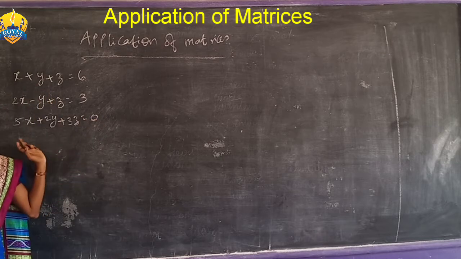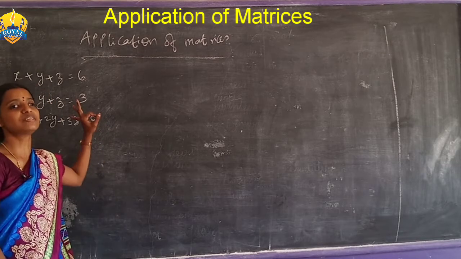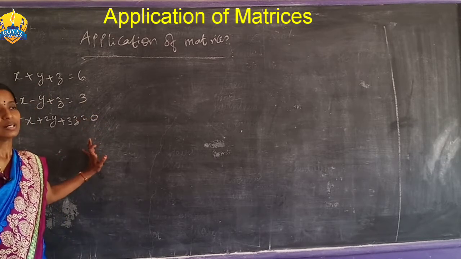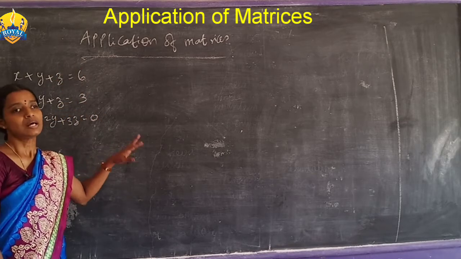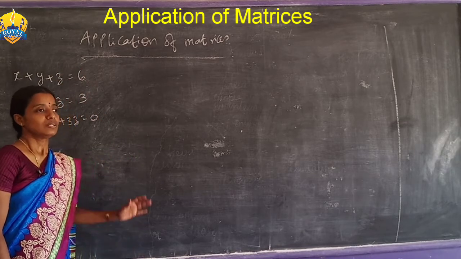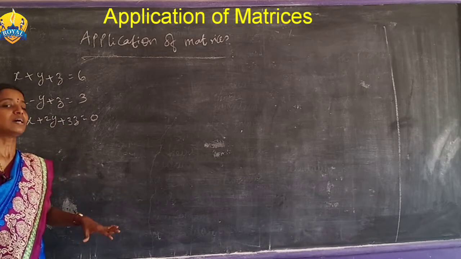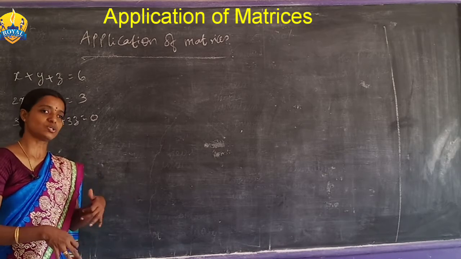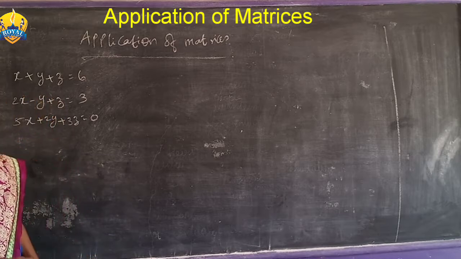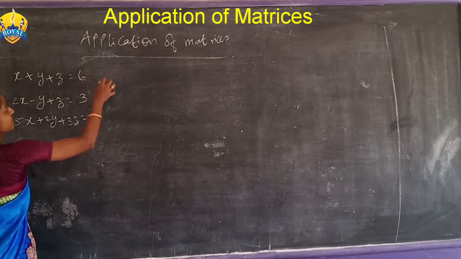This is a system of linear equations involving 3 variables x, y and z. The same kind of equation we are now going to solve using the matrix method. In the matrix method, however many unknowns I have, that many unknowns can be found. So a general form is